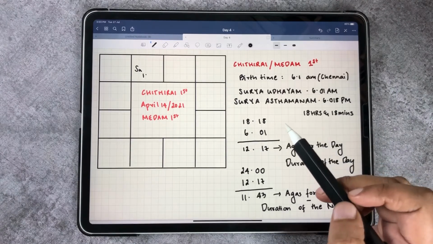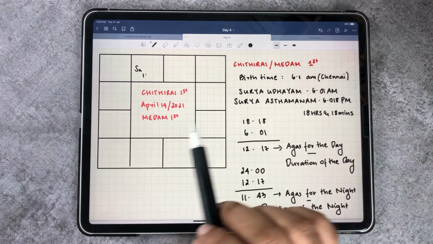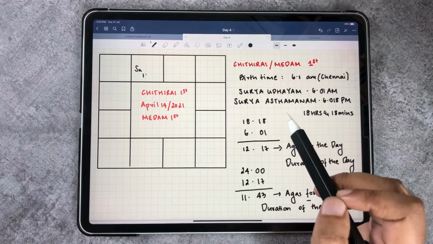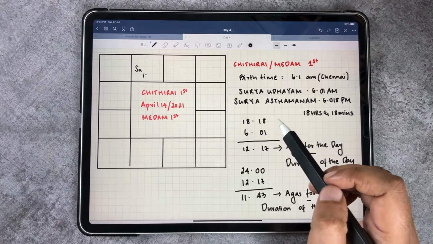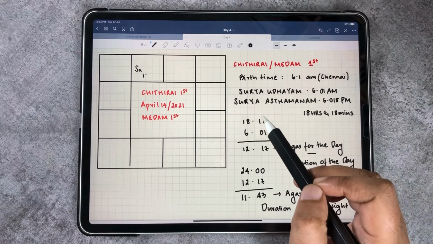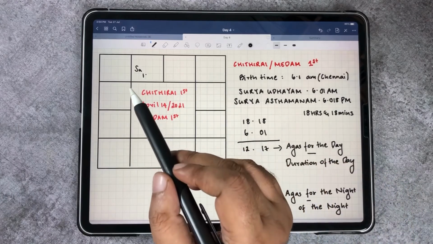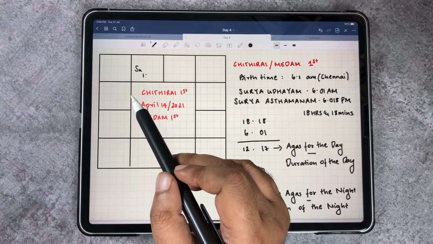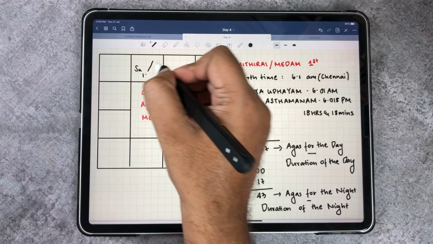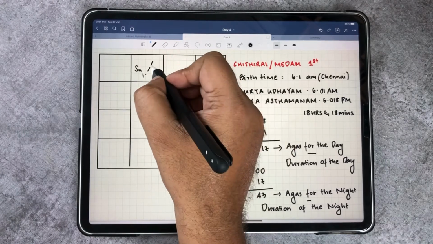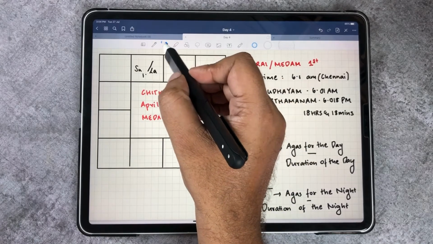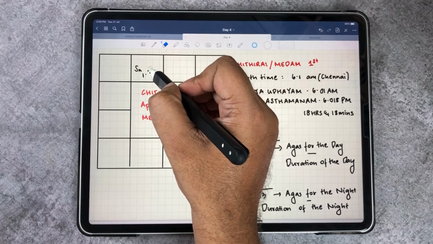So what would the degree of the sun be? The degree of the sun would be 1 degree. Why? Because it is the month of Chittarai, the first. Again, where would this lagna be and what would the degree of the lagna be? Both the degree of the lagna and the degree of the sun would be the same, which means you can put a slash in order to mark a lagna, or you can also put a LA to mark a lagna. So what I will do is I will use LA as of now.